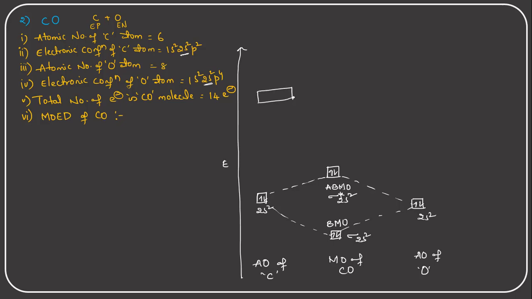So these are the p orbitals. P orbitals are 2p, right? 2p orbital, which has 2 electrons, 1 electron, 1 electron, and this has little lesser energy than the carbon. Here in 2p, 4 electrons are there. This is the atomic orbital of the oxygen. So 4 electrons, 1, 2, 3, 4, right?